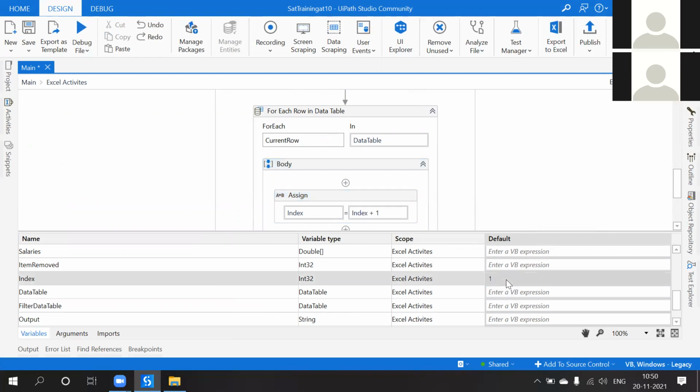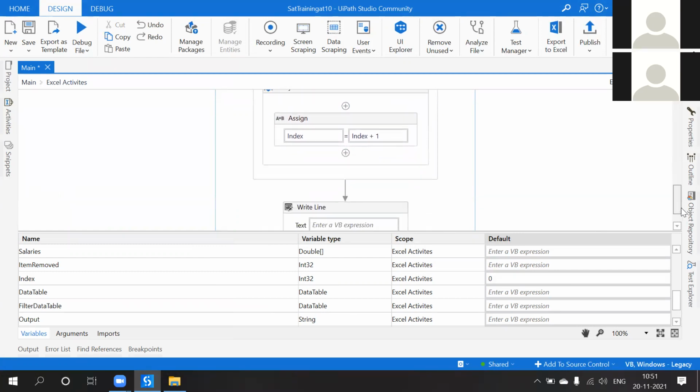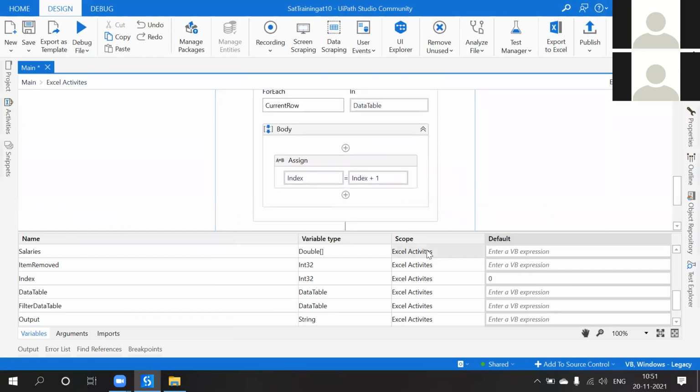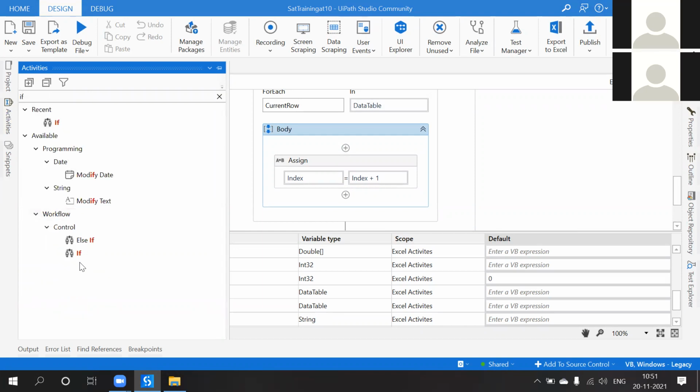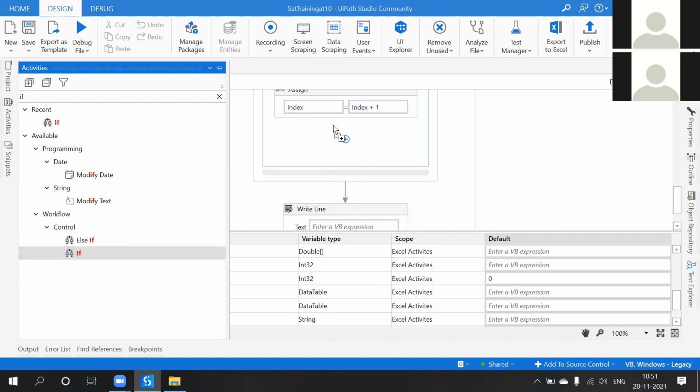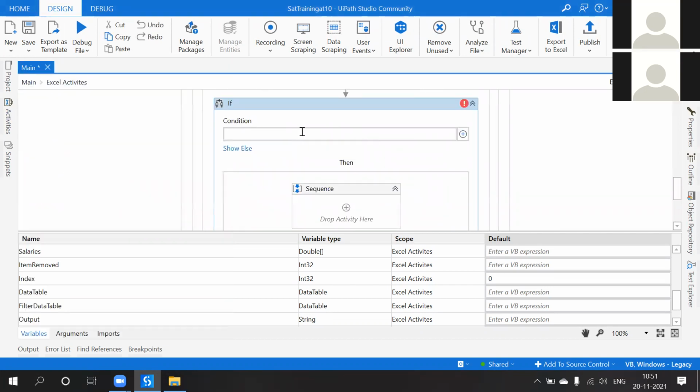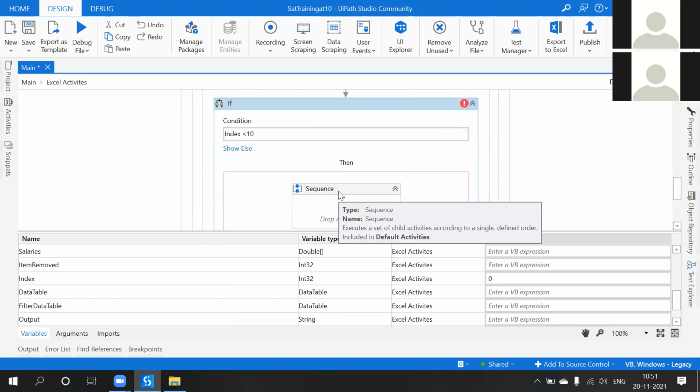Make it 0, so index equal to index plus 1 means it will start from 1, correct? Now use if index is less than 10, then only